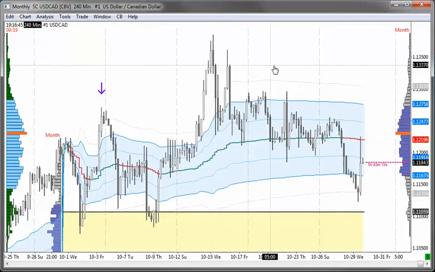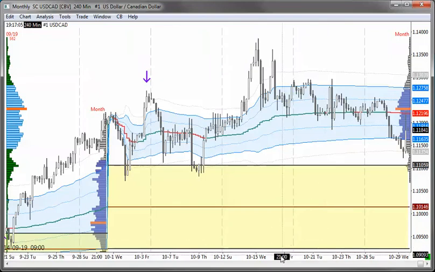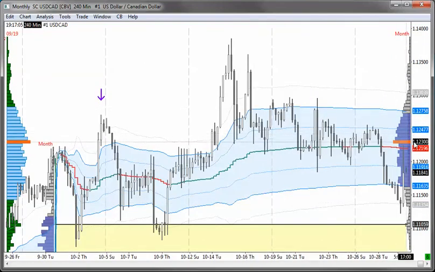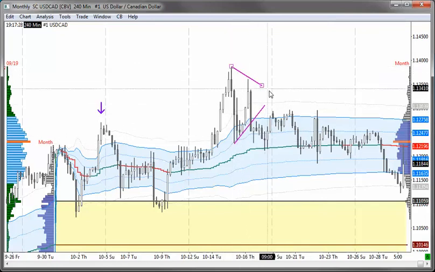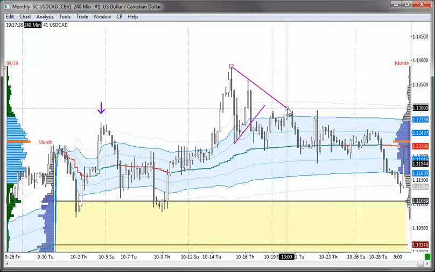but the bar here could not close inside of it, and it had a little bit of a rally back up, and then that moved it back down and it closed inside of value, but that did not last for long. Price moved back up, initiative buying, but it couldn't put in a new high, so we had something like that with a little bit of a wedge pattern coming in there, and then we break into the developing value again,